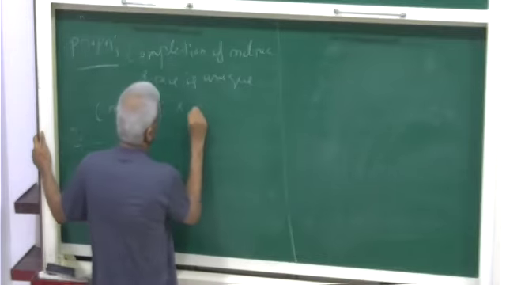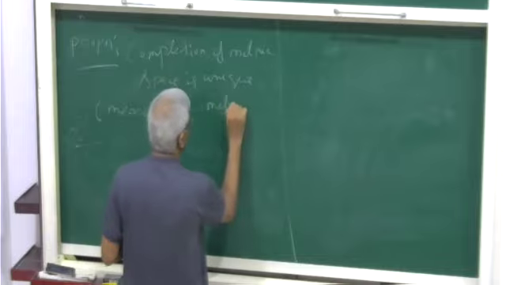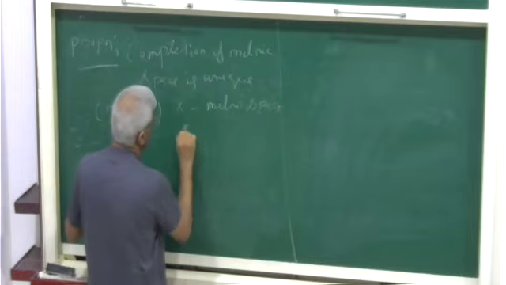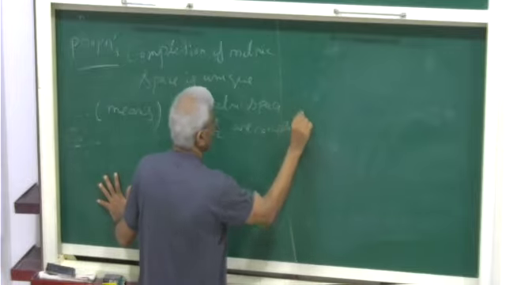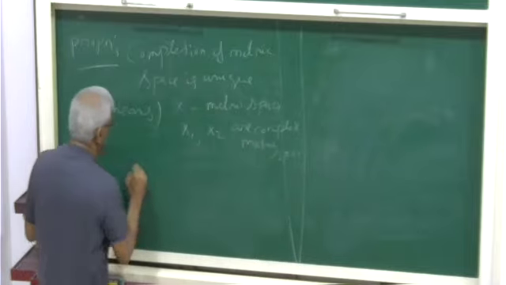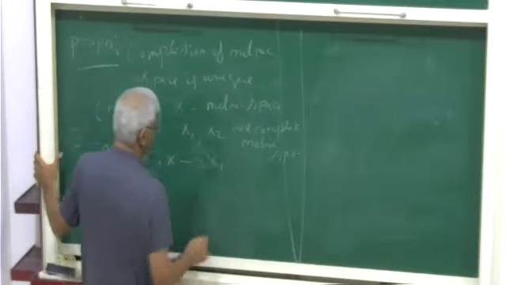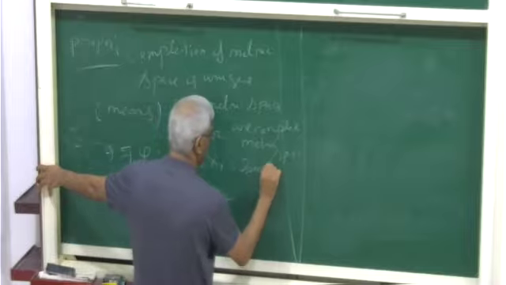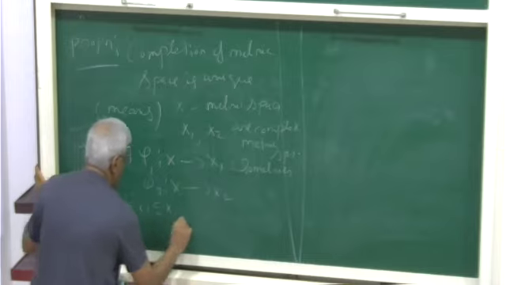Okay. So (X, d) is a metric space, and I will use the corresponding d everywhere. Suppose X1, X2 are complete metric spaces such that there exist phi1 from X to X1 and phi2 from X to X2 which are isometries, such that phi1(X) contained in X1 and phi2(X)